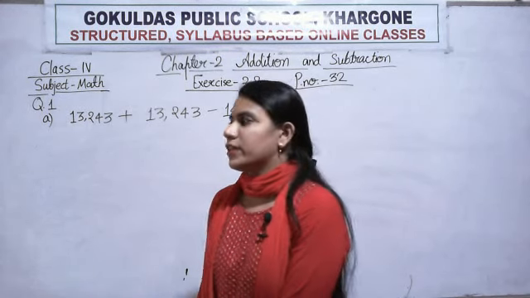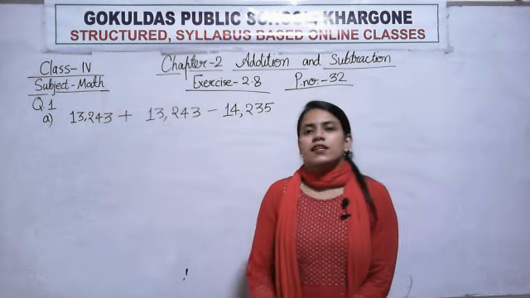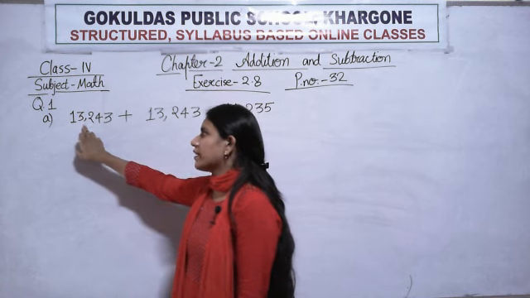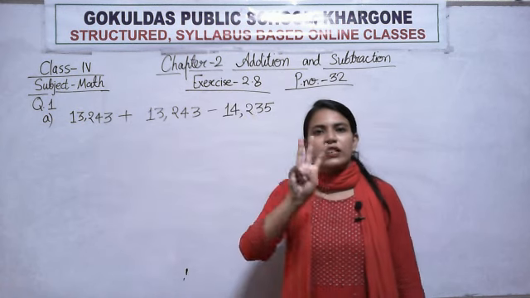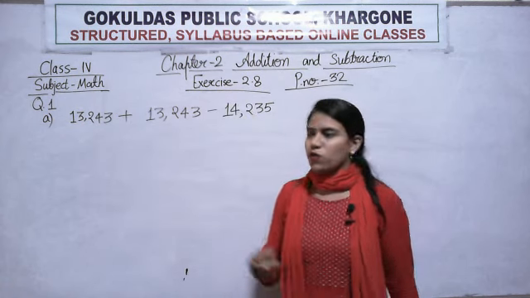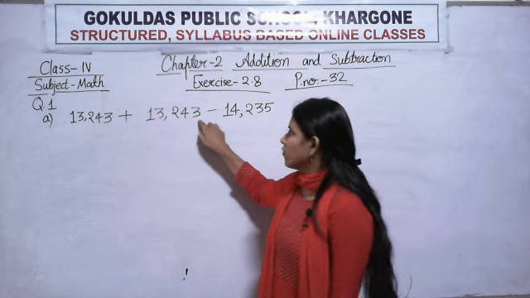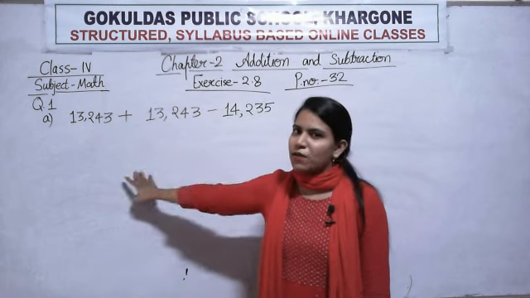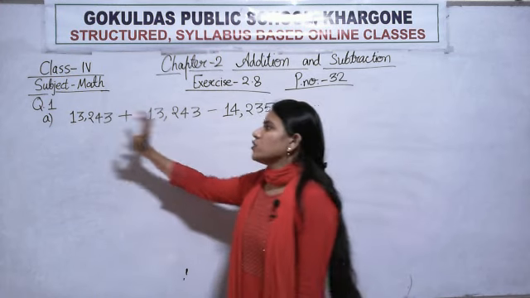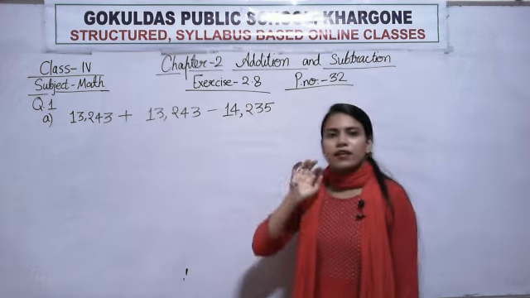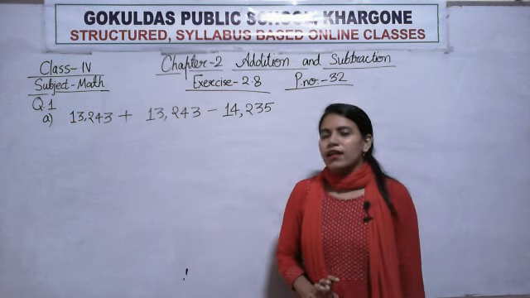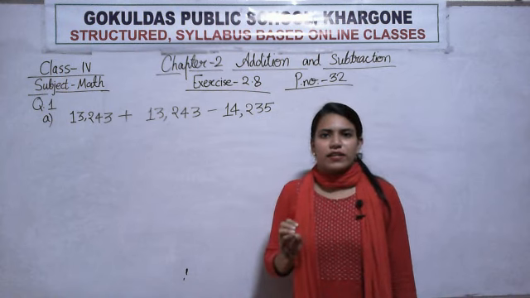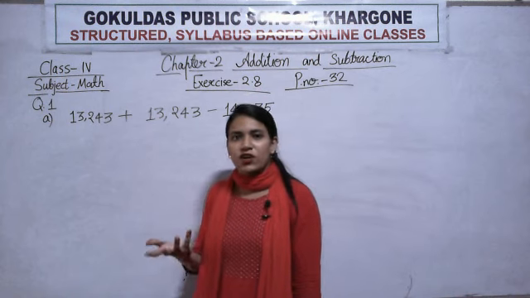So for solving it, first let us observe the question. Here you see that a total of 3 five-digit numbers are given. Okay, 1, 2, 3, 4, 5, each of the three numbers has 5 digits. So in this question 1, 2 and 3 numbers are given there. Now let us check which operation we want to perform, addition or subtraction or multiplication or division.